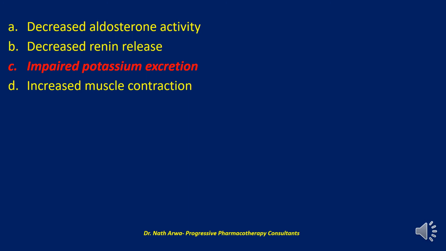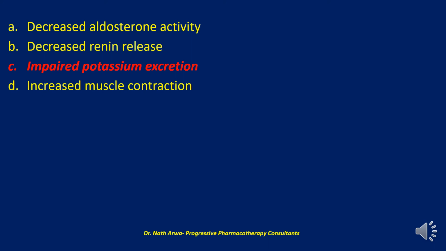Now, ACE inhibitors and ARBs and the renin inhibitors, also by the way, are causes of drug-induced hyperkalaemia, and they do so by decreasing aldosterone activity, which blocks sodium and water reabsorption and retains potassium. Now, beta blockers can decrease renin release at the juxtaglomerular cells in the nephron, which directly decreases aldosterone.